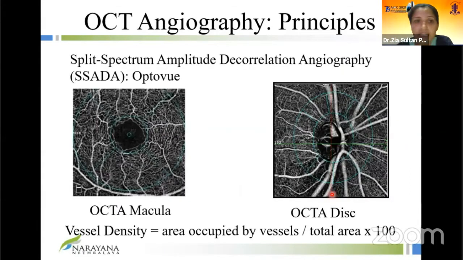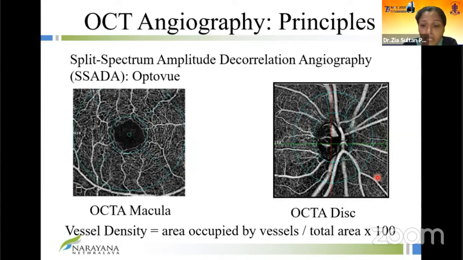Now, after they do these repeated scans, they use algorithms. Different machines use different algorithms. The one that we are going to describe in this course is the one based in OptoView, which is the split spectrum amplitude decorrelation angiography. And you end up with scans like this of the disc and the macula. The scan of the disc is about 4.5 into 4.5 millimeters. The macula can give you a 3 into 3 or a 6 into 6 millimeter scan. And each scan will be separated into different zones, and you can calculate certain parameters in each of these zones as well as in the